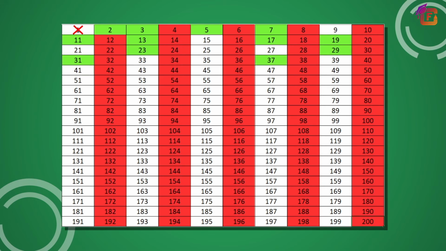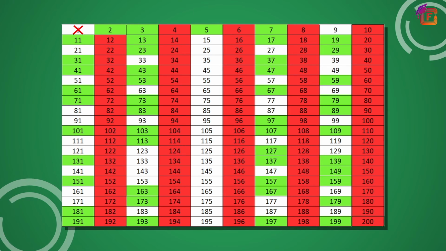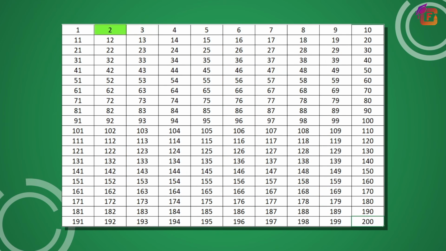The numbers which are not marked in red are prime numbers. Pause this video to mark them with green color. I hope your table looks like this. We have a total of 46 prime numbers till 200, which are 2, 3, 5, 7, 11, 13, 17, 19,